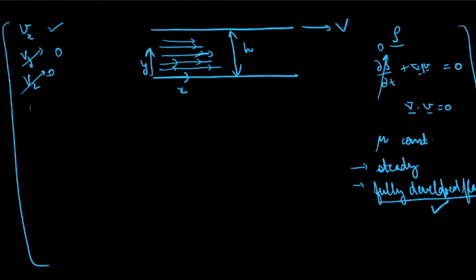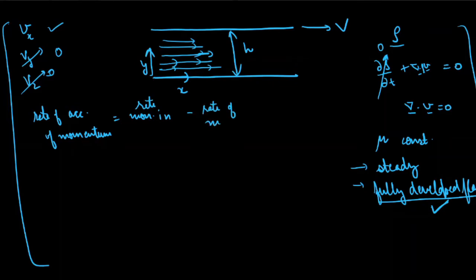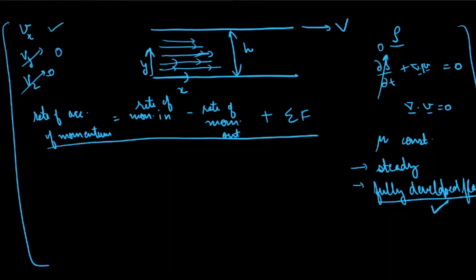Now the momentum balance equation is that the rate of accumulation of momentum is equal to the rate of momentum in minus the rate of momentum out plus the sum of the forces. So you just need to remember this, and then we will see how you can apply this. Now, the rate of accumulation of momentum, because we have steady state, there will not be any accumulation